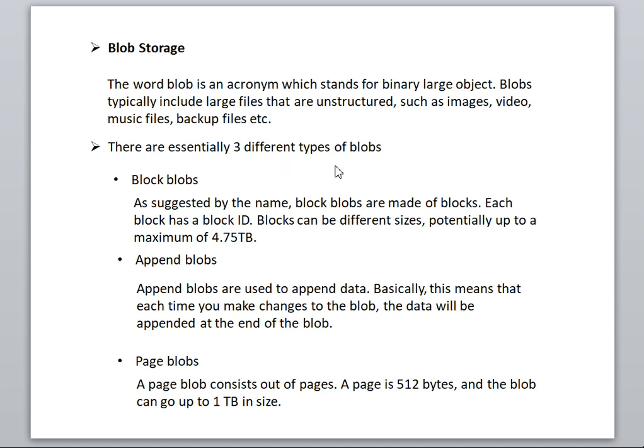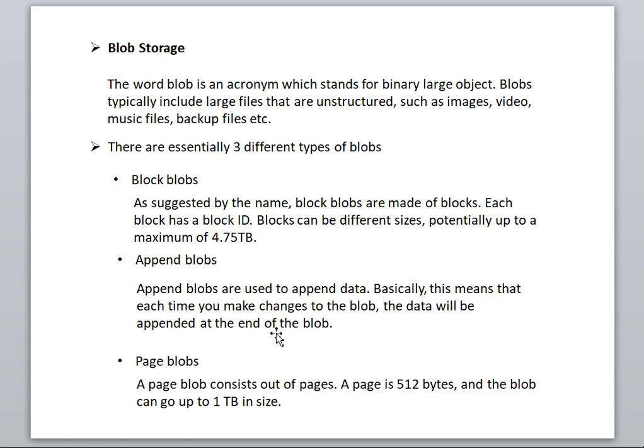So there are three different types of blobs. Block blobs, as suggested by the name, are made of blocks. Each block has a block ID, and blocks can be different sizes, potentially up to a maximum of 4.75 TB. Append blobs are used to append data.